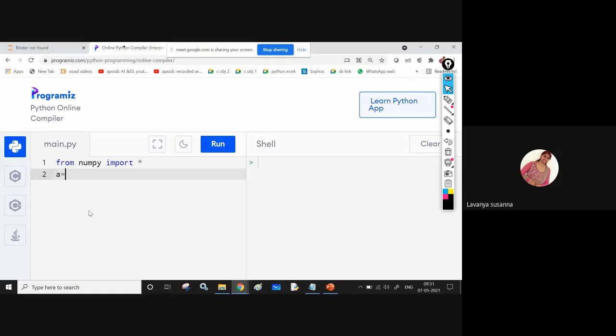A equal to array, open bracket, and next open square bracket and close square bracket. In that give elements 10 comma 20 comma 30 comma 40. You can provide the elements through the keyboard also. How to provide the elements to the array through the keyboard, I will discuss in the next class.